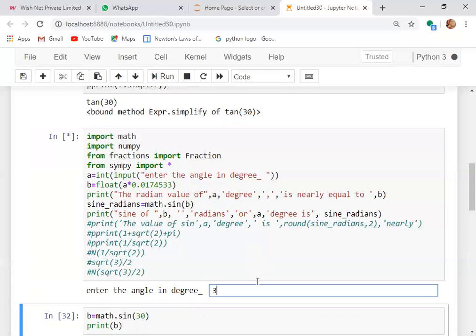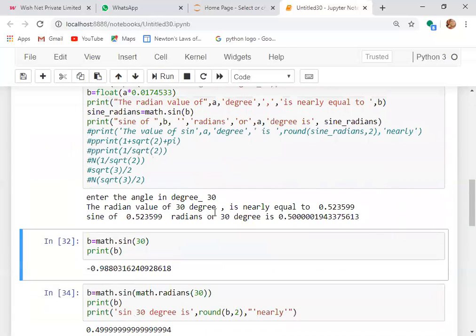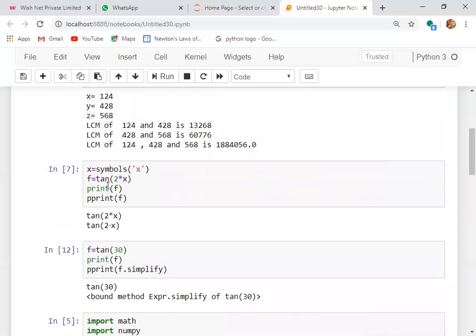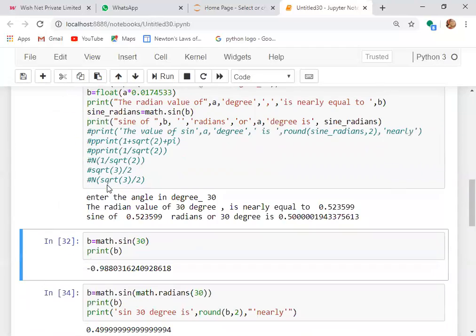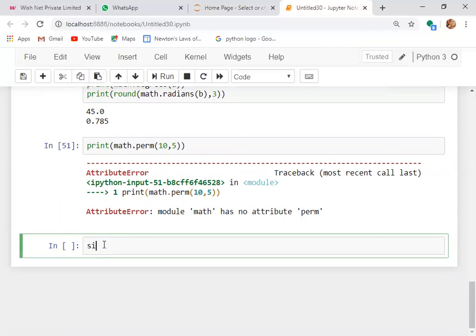If you know that it is sine 30, that's why we write 30 degree. The radian value of 30 degree is nearly equal to 0.52, and sine of 0.5 radian means 30 degree, so sine of 30 degree is 0.5. As you know, 0.5 is half, so the sine 30 degree value is half. Clear? But if you actually try to run sine 30 degree directly, it won't give you half, because if you run sine and the angle is 30 degree,